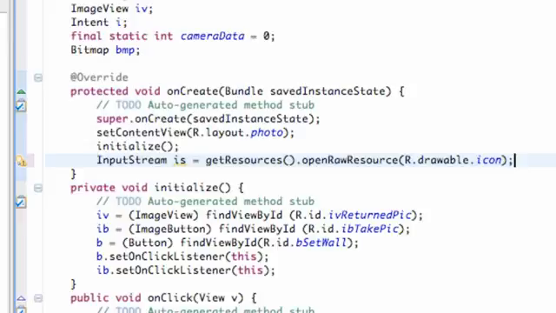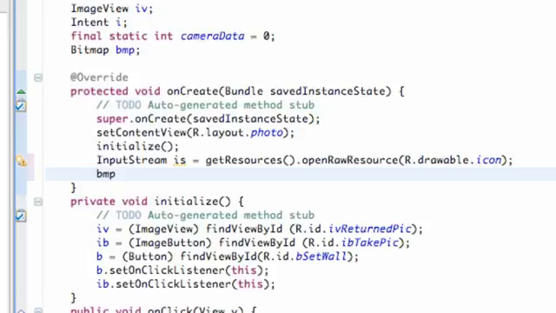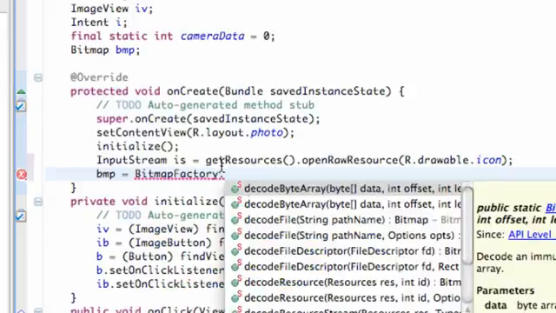So basically we set up an input stream, and now we need to decode this input stream as we set up our bitmap. So we're going to say bitmap, basically our bitmap variable, and we're going to set it equal to basically this input stream. But we have to decode an input stream for the most part. I know this is kind of confusing as well, but just to get our application working, and we'll get into more detail as we go through the series. Promise you guys. And we're going to refer to the class BitmapFactory. We need to import this class. It's not allowing us to do so yet. So we just hit BitmapFactory, decode stream,